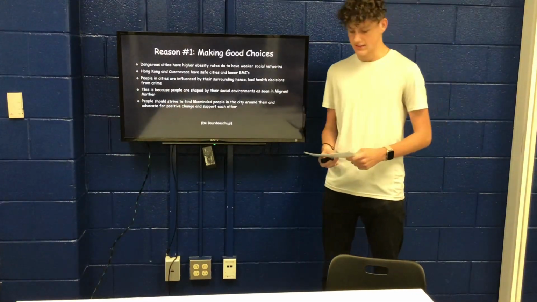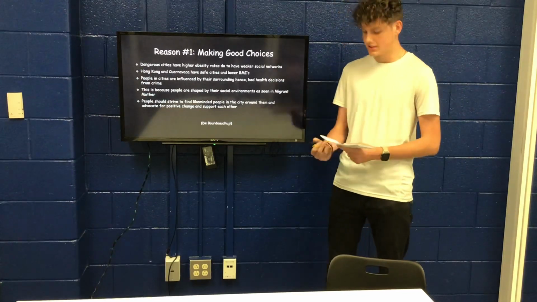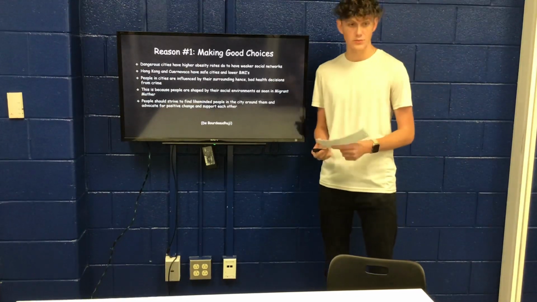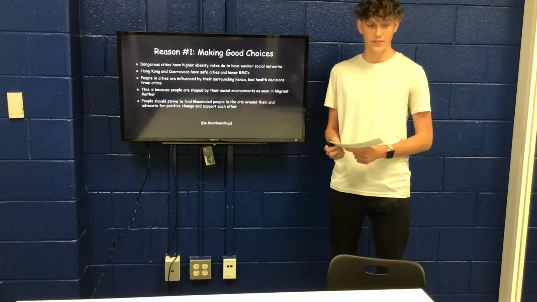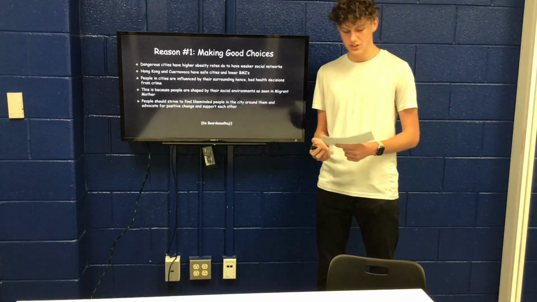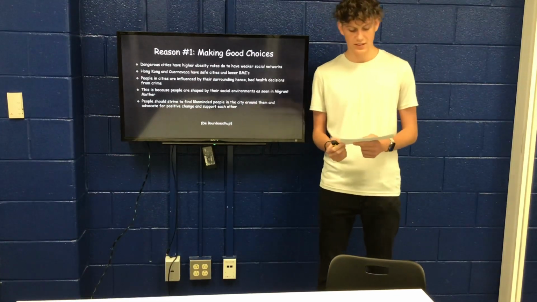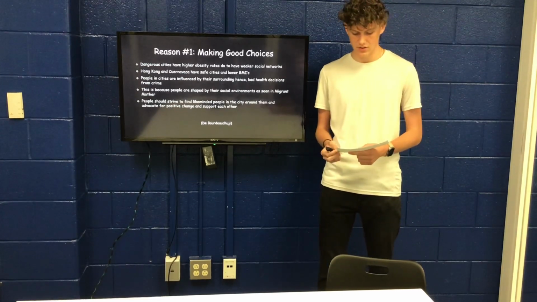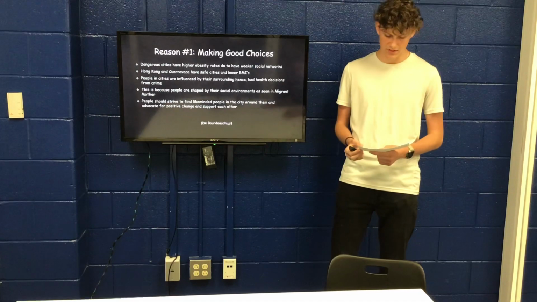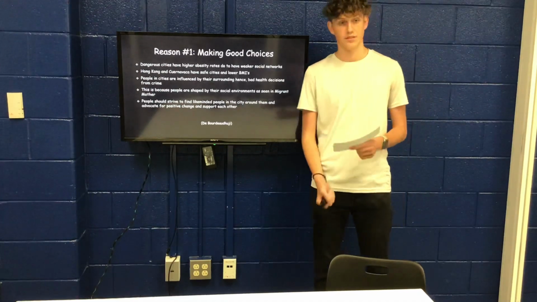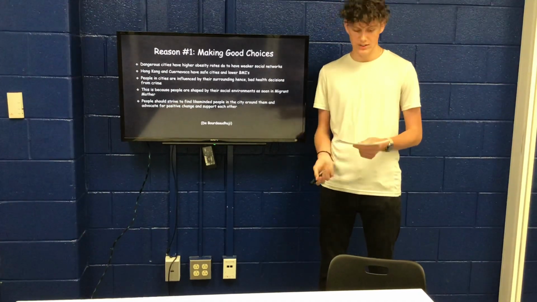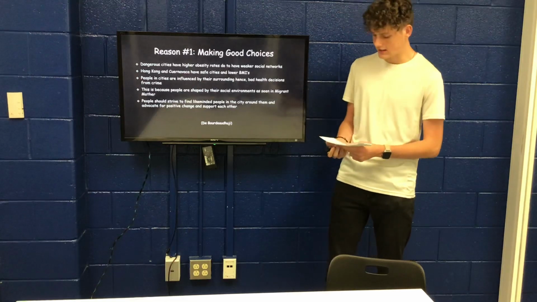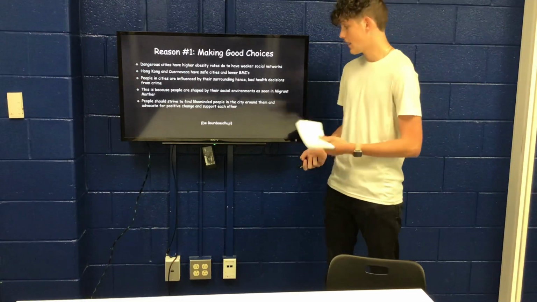One example of this is in the peer-reviewed academic journal by Ilse de Borde-de-Hougy, a professional researcher in the field of health and physical activity. She researches the correlation between safe and obese cities. She finds that dangerous cities have higher obesity rates due to their weaker social networks and high fears of violence. She additionally finds Hong Kong and Cuernavaca as example cities that have very low crime rates and very low obesity